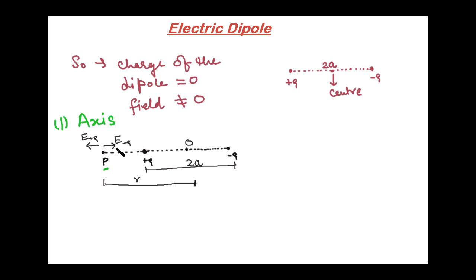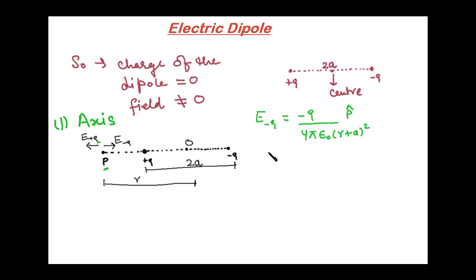So let E minus Q be the electric field due to charge minus Q at point P, and E plus Q be the field at point P due to charge plus Q. So we have E minus Q is equal to minus Q upon 4 pi epsilon naught (r plus a) whole square p cap, where this p cap is the unit vector along the dipole axis with its direction from charge minus